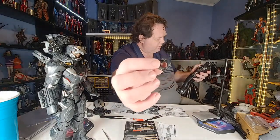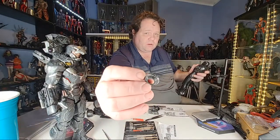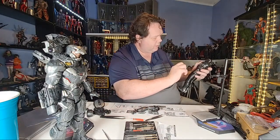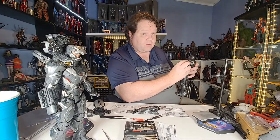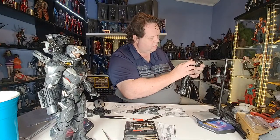The good thing is on this piece, the two tabs, one is thicker than the other. So it's easy to figure out which way it goes. The longer or wider one goes at the top. Should you ever be in this situation,